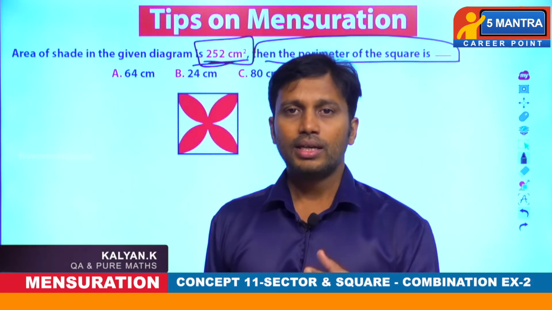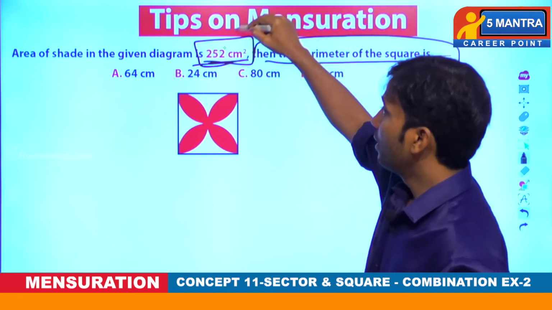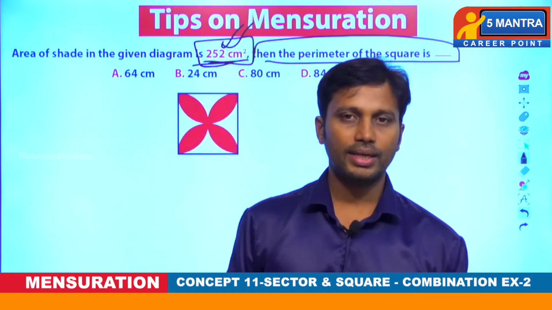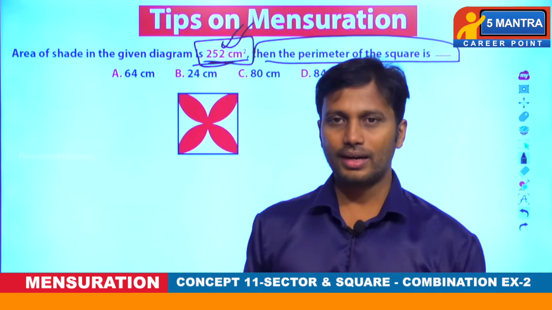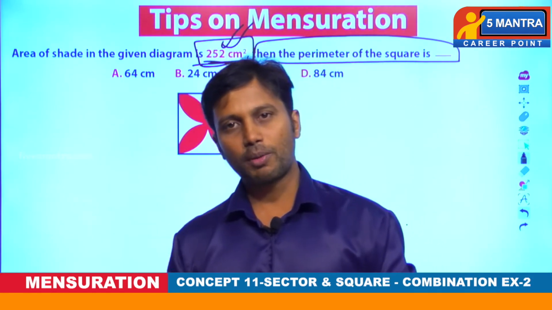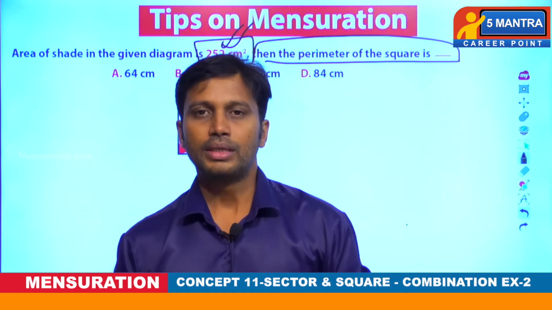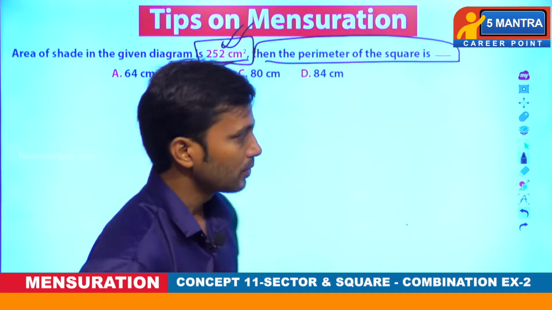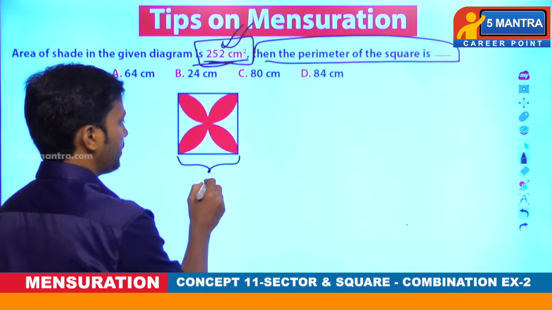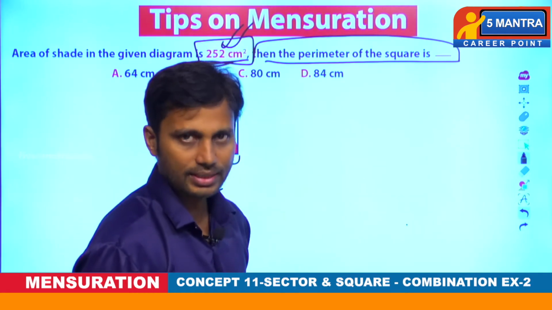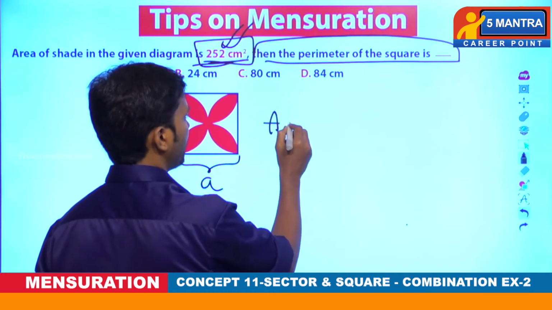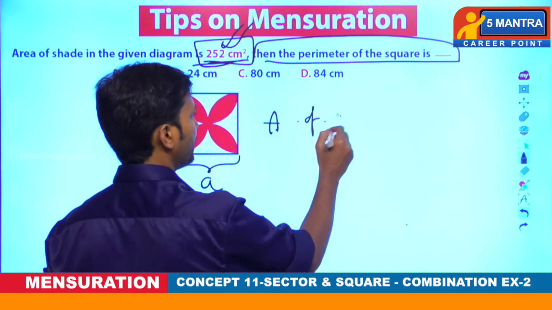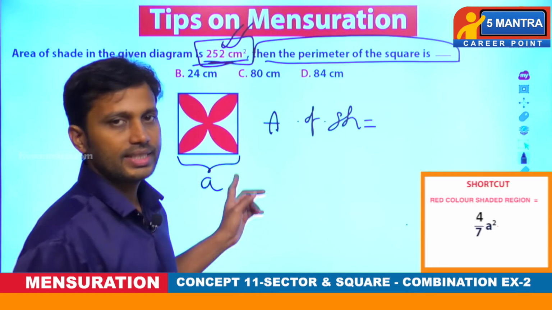In order to get that, we need to go with the given clue or hint of the problem. What is given? 252 centimeter square. Actually, what is it? The shaded region area. In the previous problem they asked to find the shaded region, and here they have given the shaded region. What we have to do? Let us see. As we said, if this is A, meaning the side of the square is A, then the area of this shade, of course here the shade is only one color, so we can write area of the shade.